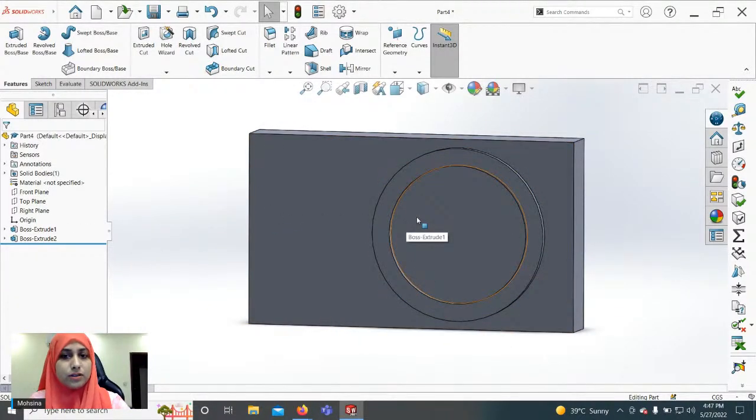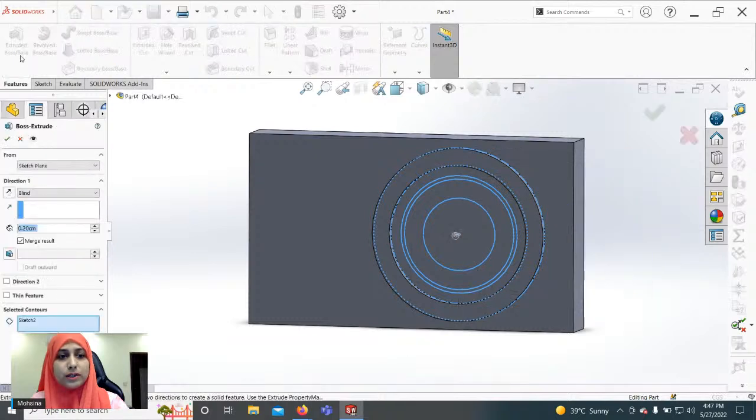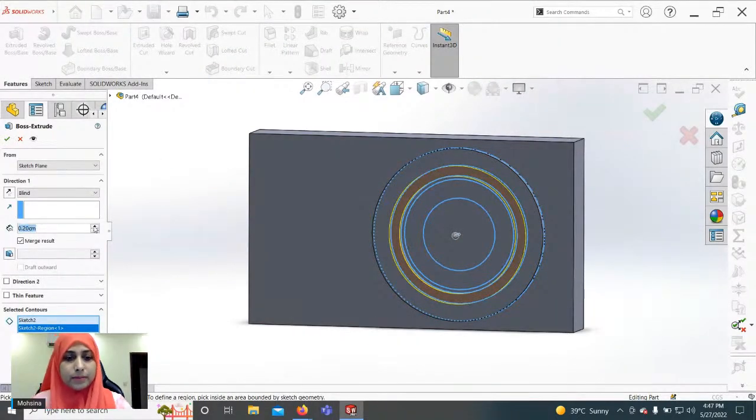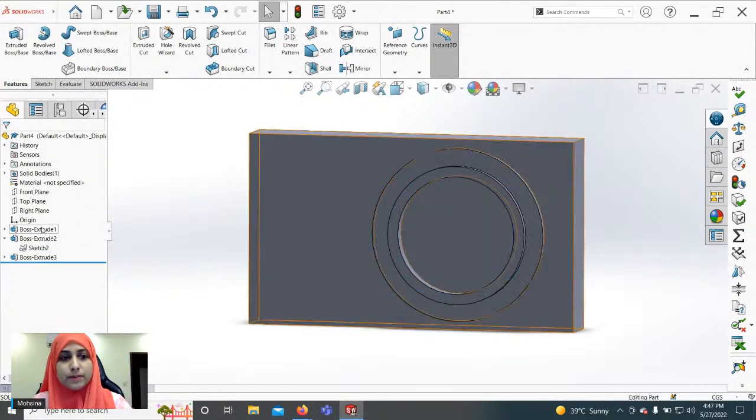You can see that the first extrusion has been made and the sketch is nowhere to be seen. To use the same sketch to create other extrusions, expand this extrude, click on the sketch, and you have the sketch back. Go to Extrude Boss again, click on this inner region, add the dimension of 0.4, and it will be extruded.